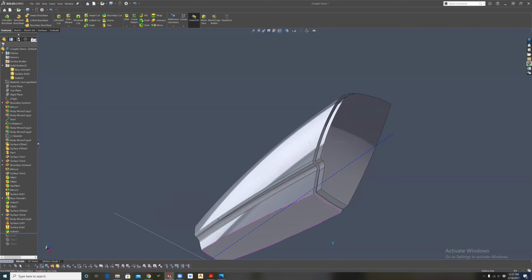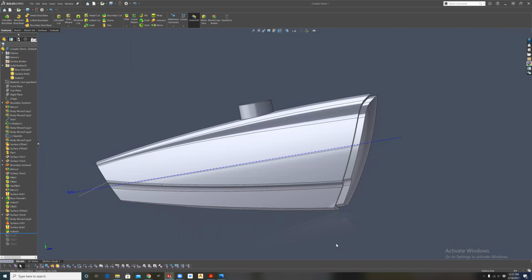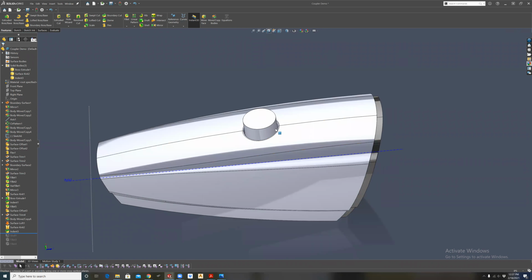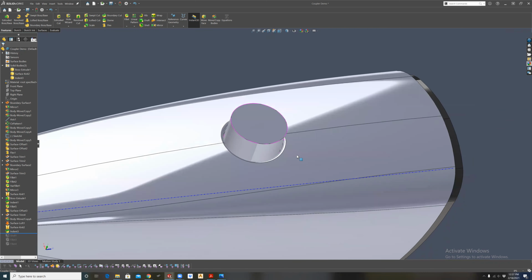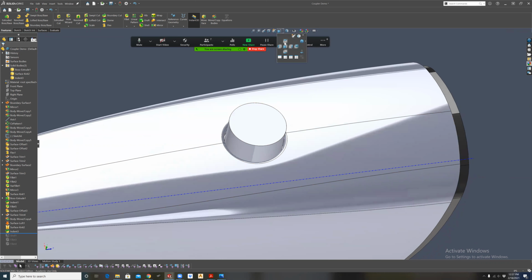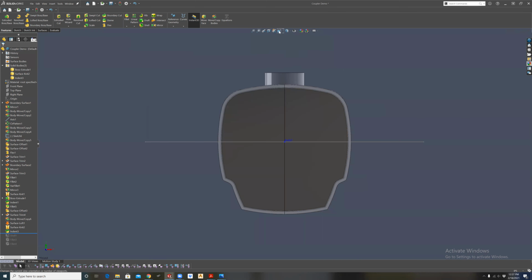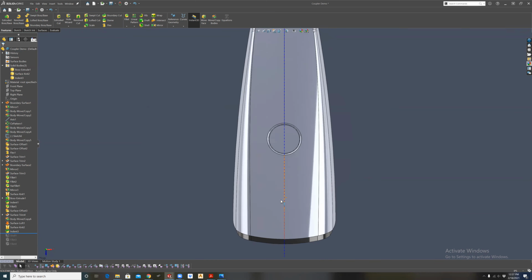A couple things here so that we can say, okay, what is an indicator light maybe? So let's say I just need a couple of indicator lights up on top here. I can just do a simple split line to this and add, maybe making a new surface out of it. So I'm going to go to the top, make a sketch,